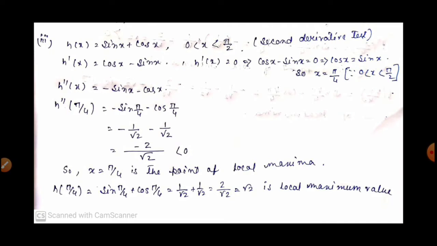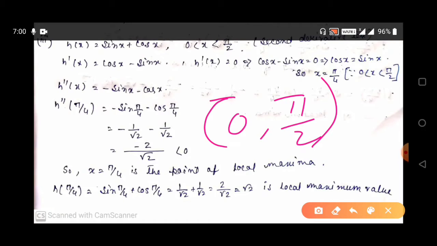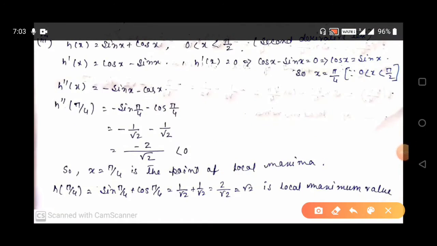Here one more important thing is that x belongs to an open interval, and the open interval is 0 to pi by 2. So we use the first derivative test and the second derivative test for open intervals always, not for closed intervals. Whenever a question is given, you have to see whether the domain is an open interval or a closed interval. If it is an open interval, then you can use either the first derivative or the second derivative. h dash x is cos x minus sin x,